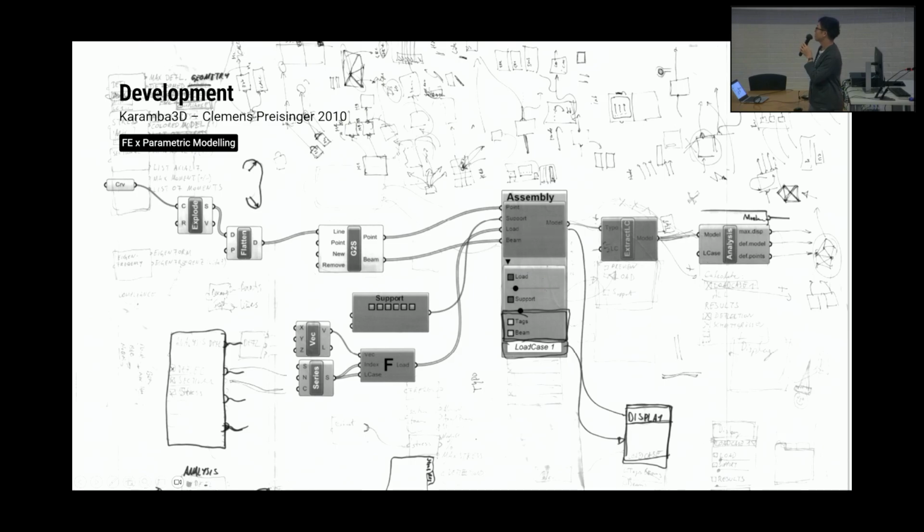So this is a quick sketch of the first iterations, or ideas, of how Karamba first came into play. Back in 2010, when my colleague Clemens Preisinger and a couple of other colleagues finished a research project, they were looking at how to implement the results of the research project into a tool. Back then Grasshopper was, and still is, a very popular tool for architects, designers and engineers to experiment with parametric structures or parametric geometry. And so this is why we thought that Karamba would be the best fit for Grasshopper, because you have the idea to iterate and optimize many different